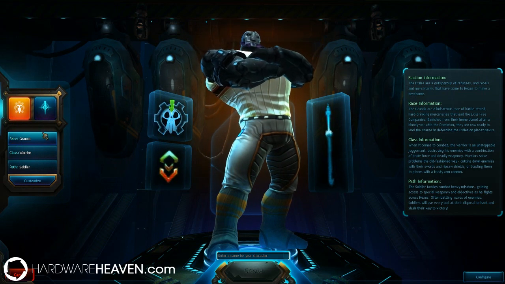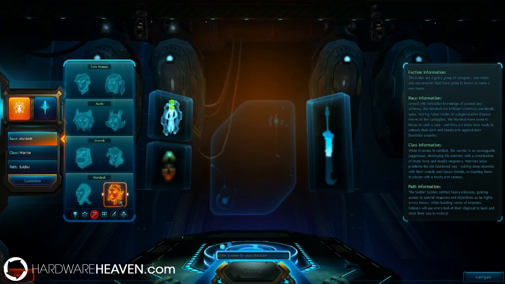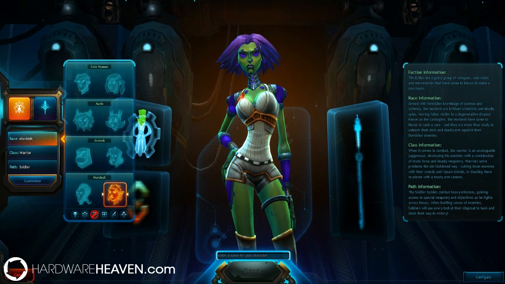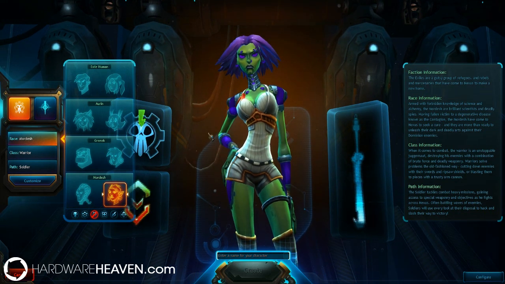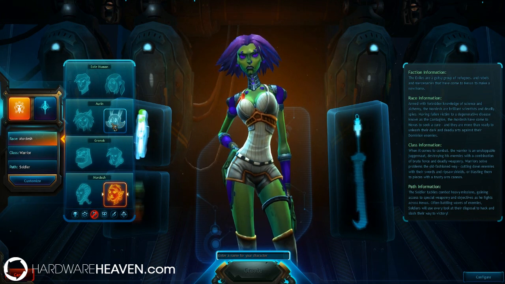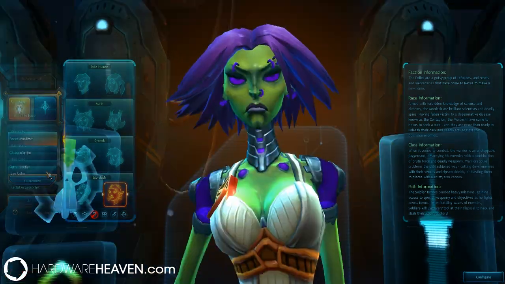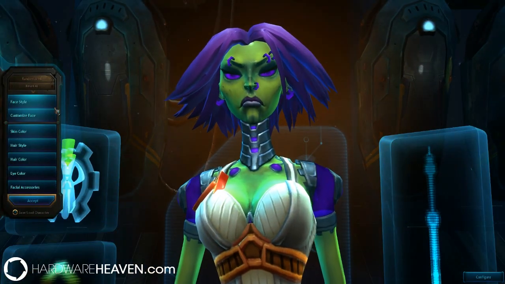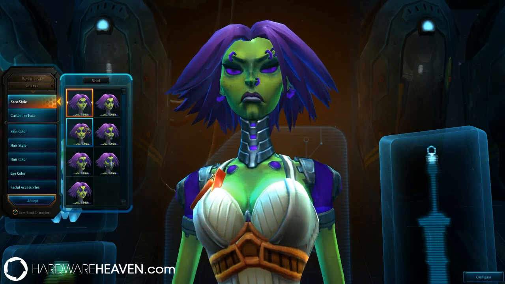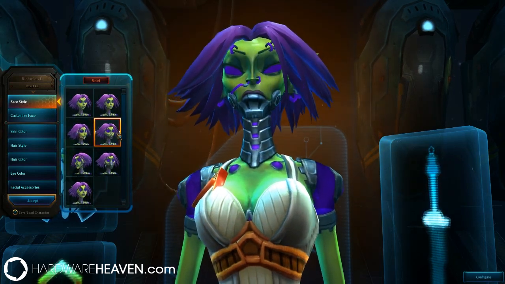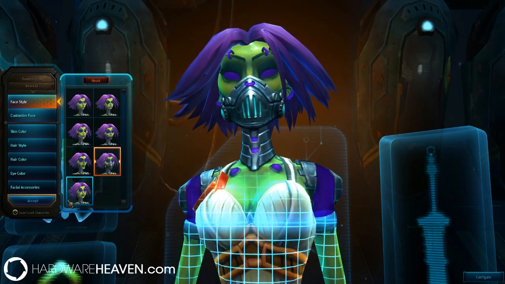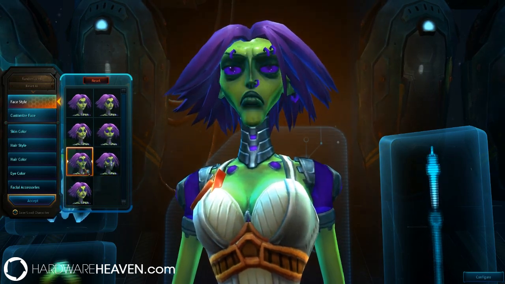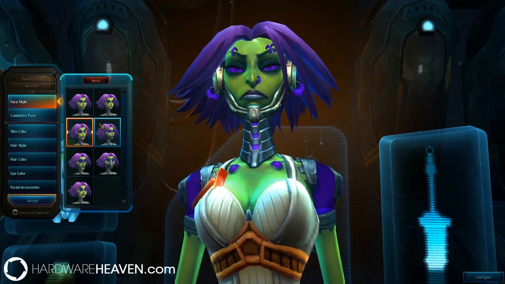And then lastly, on the Exile side, we'll take a look at the Mordesh, which do have quite a lot of customization, and even though they aren't like the Aurin, they still can be very vibrant and brightly coloured. So we'll select the female first, and again you can change the face style. With the face style you can have some extra add-ons like the metal and the piercings that you can see there, so depending on which one you like will depend how many metal robotic features you have